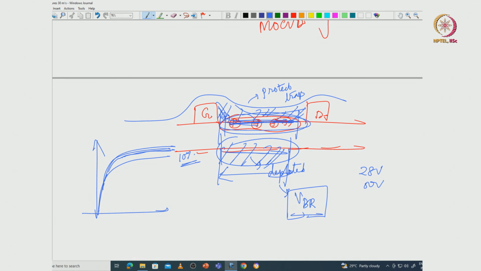You want to protect the surface traps, you also want the buffer quality to be very good, so that both of these conditions will lead to a reduced current collapse in general. And the difference between gate lag and drain lag is that in gate lag only below the gate you are primarily looking, slightly towards the gate drain side, but in drain lag you are looking not only below the gate but also deep into the buffer and also towards the surface between the gate and the drain, the lateral depletion, okay. So, drain lag actually is a more realistic assessment, and people therefore rely on drain lag more to understand